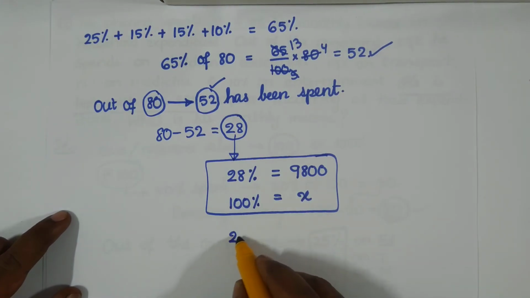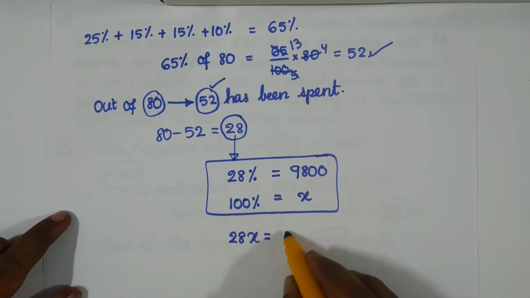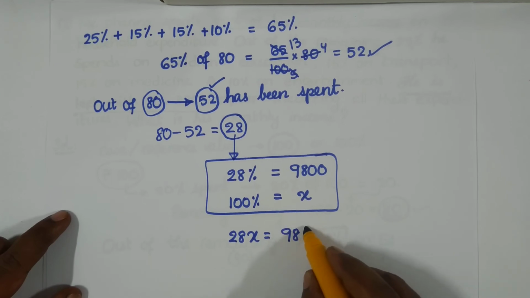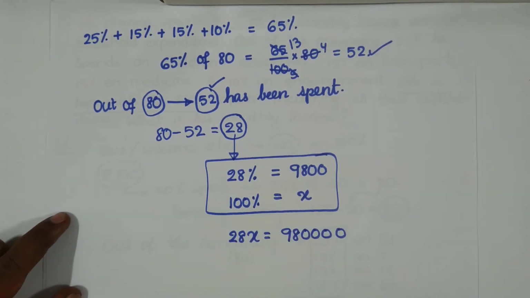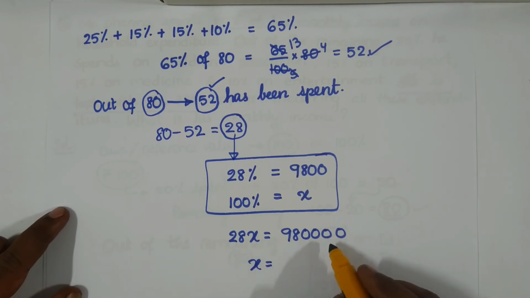So we get 28x is equal to 9,800 multiplied by 100. You cancel it out, so this will be around